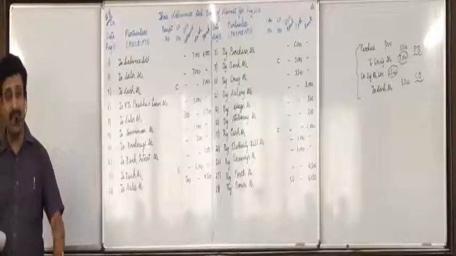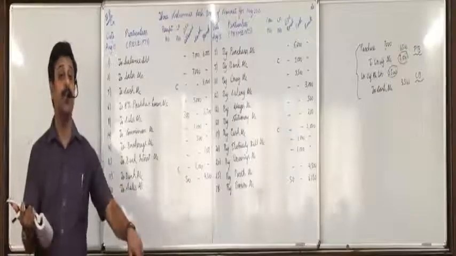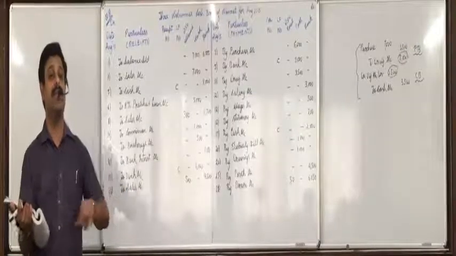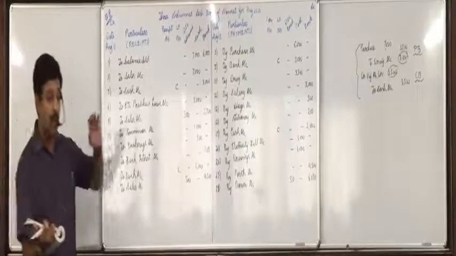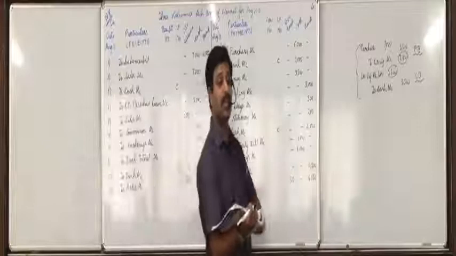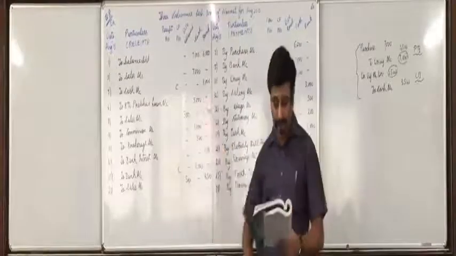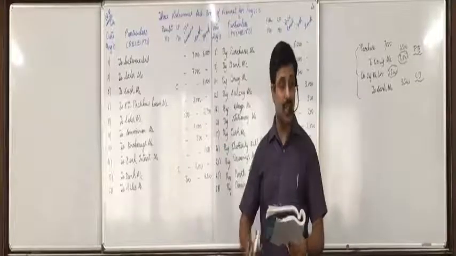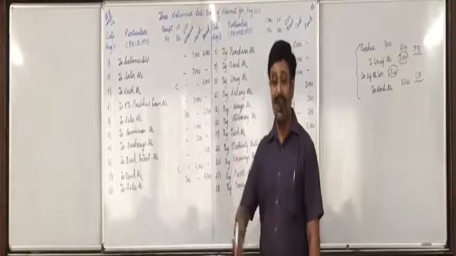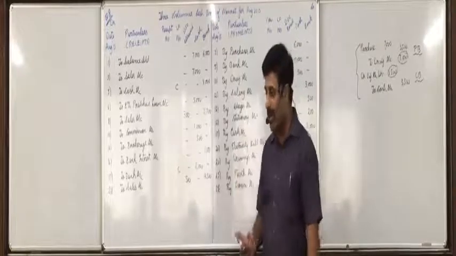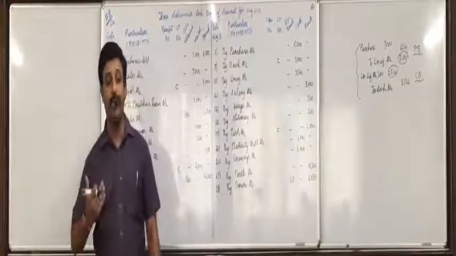Next, an exactly similar one. Gopi has paid, we have received. As I told you earlier also, the moment you find the word paid, don't write on the payment side. See who has paid. Gopi has paid, we are receiving, so it will come on the receipt side. 2000 by cash in full settlement of a debt of 2040. So here also 40 is allowance. Cash account debit 2000, allowance account debit 40, to Gopi account 2040.